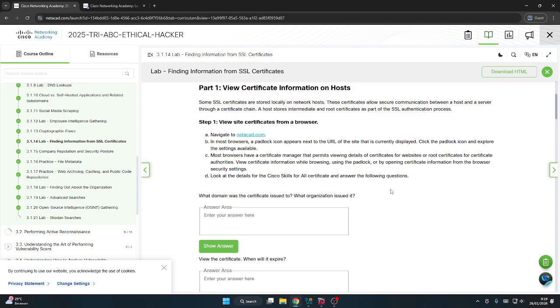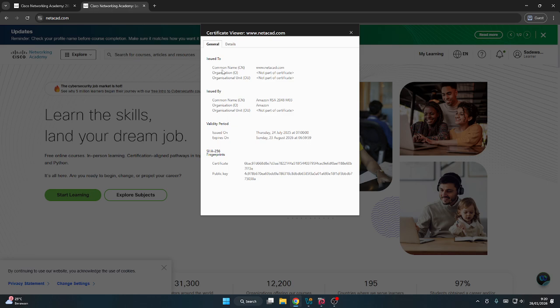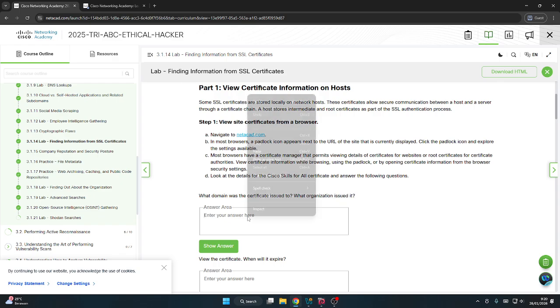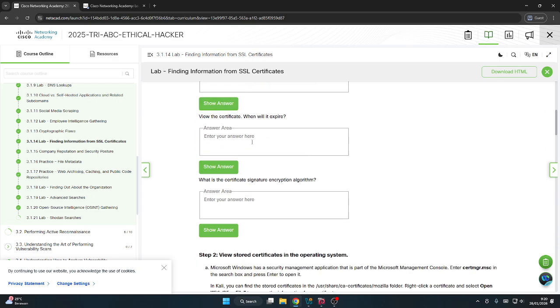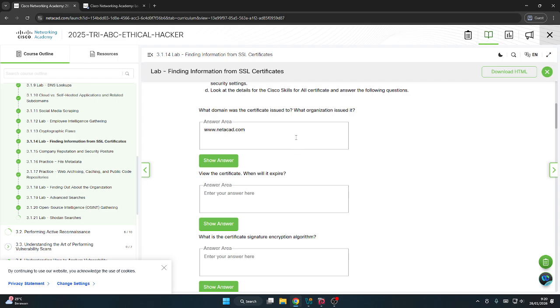Look at the details for the Cisco skills for all certificate and answer the following questions. What domain was the certificate issued to? What organization issued it? Issued to is neta.com.